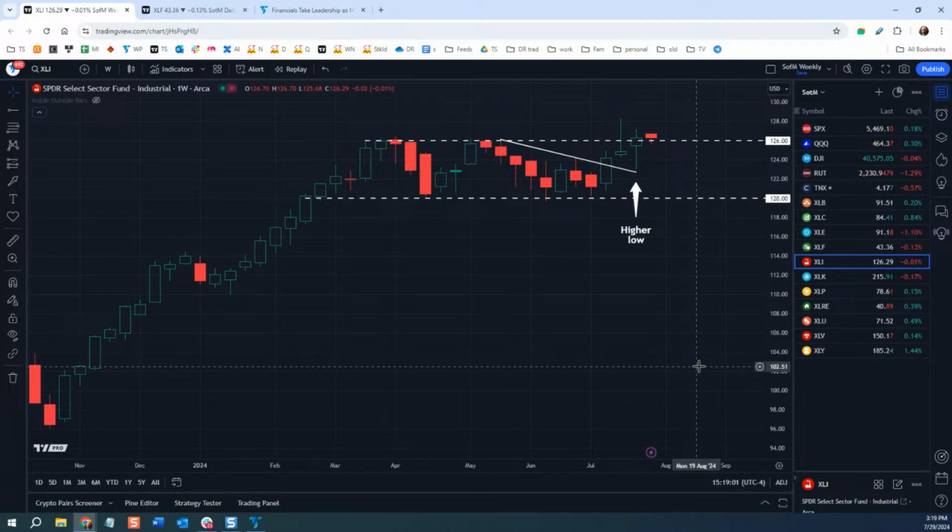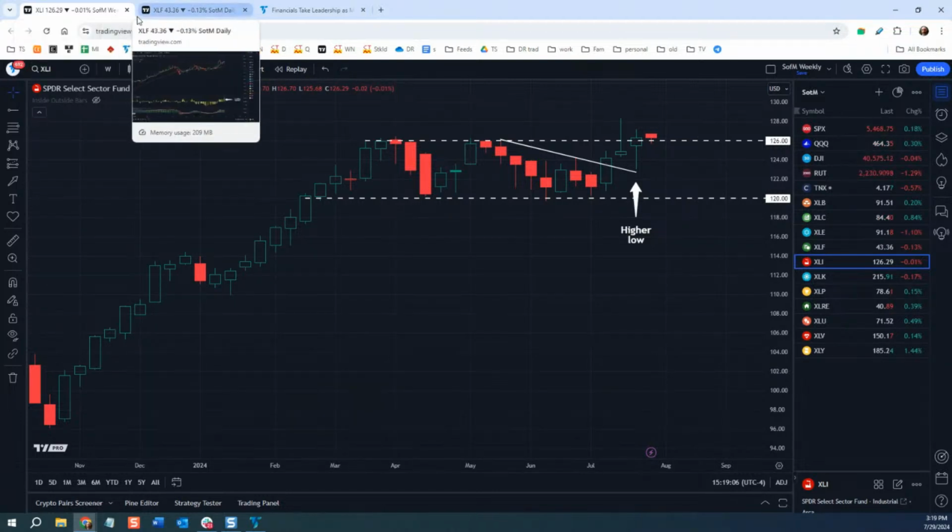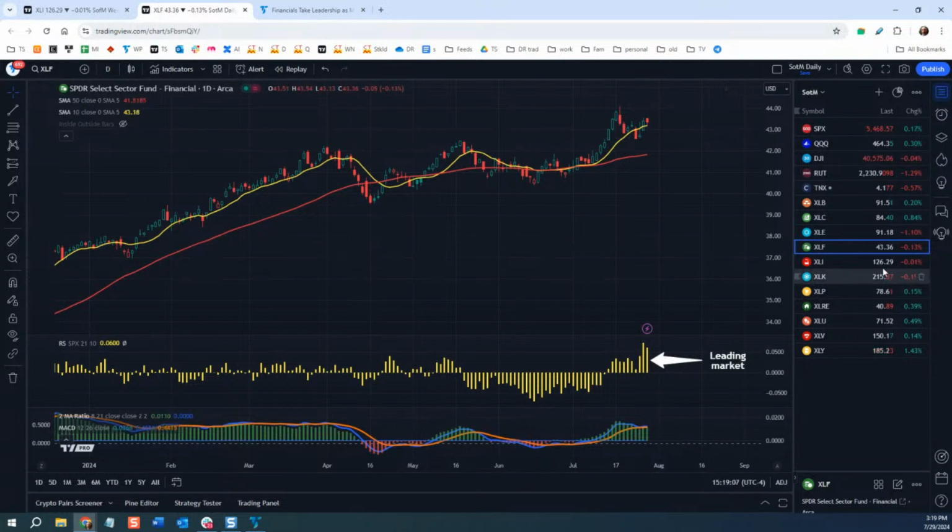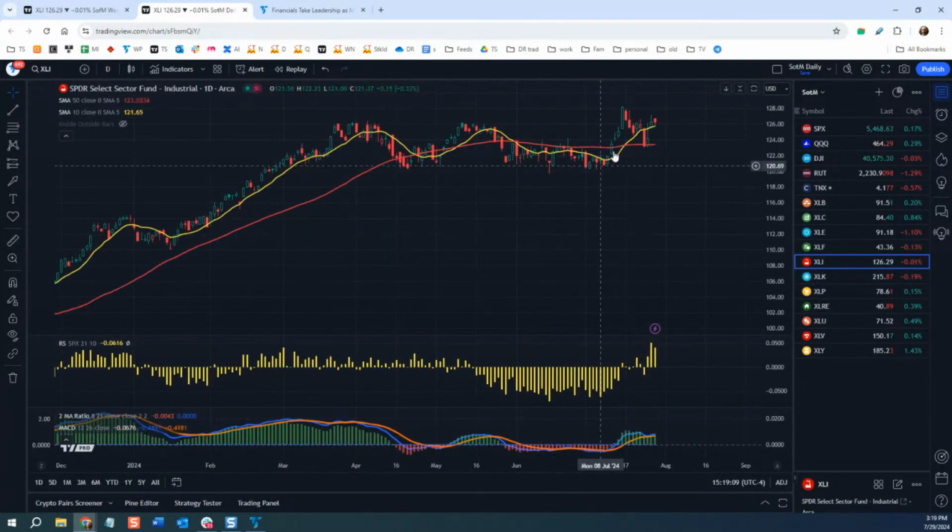If you look on the daily chart of XLI, you can also see the way it broke down, held the 50-day, and bounced at that level. You can also see some of these levels here around 123 became support. Old highs of this range became a new low. And what's interesting here is this was throughout the first half of June.